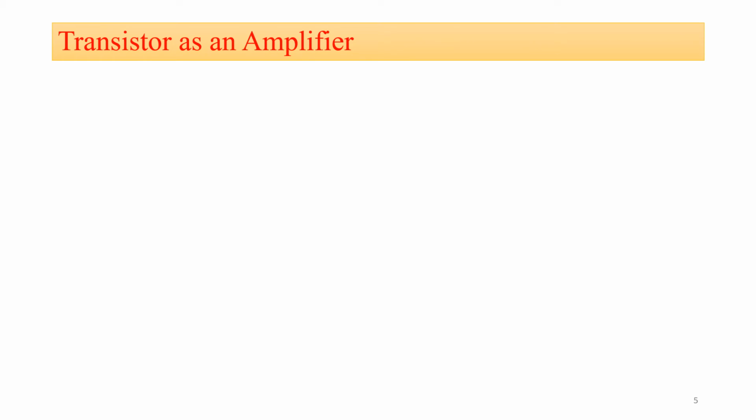Now the last application of our transistor, that is how to use our transistor as an amplifier. Before going to use our transistor as an amplifier, two important conditions are, first of all, in lecture number 2 we have seen the two configurations of our transistor, that is common base configuration and common emitter configuration. For common base configuration, we observe that the current amplification factor, that is alpha DC, or the current gain for the common base configuration is less than unity. So the common base configuration is not suitable to use as an amplifier.